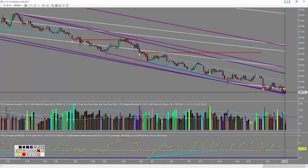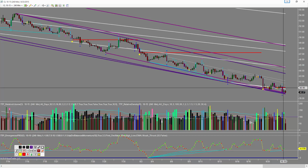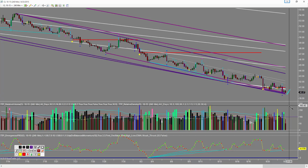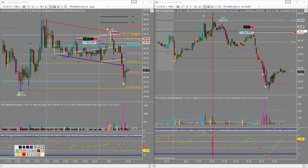on the 240-minute chart. Now this doesn't look like your typical bottom, so I doubt this is the low, but we are running into some support here, so a potential bounce is probable. It's likely. It could just come crashing down through it, but at any rate, once it comes down a little bit further, I'm gonna get out of this short trade